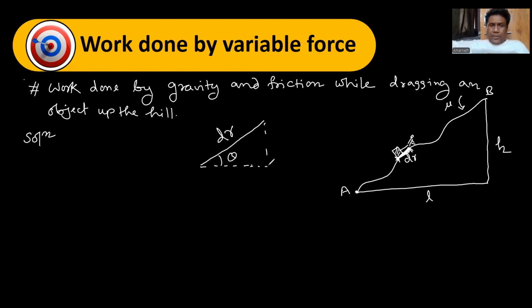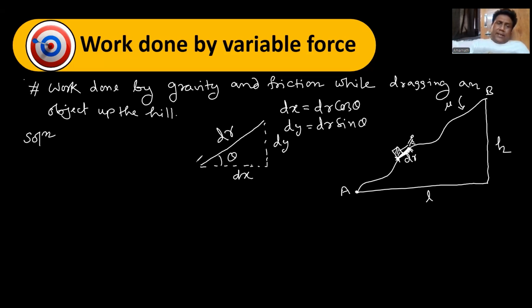So let us draw a perpendicular here. Let this be dy and this be dx. It means dr has two components, dy and dx. Here I can say easily dx is nothing but dr cos theta, and dy is nothing but dr sin theta. Now you see, on dragging the object from here through the dr displacement,